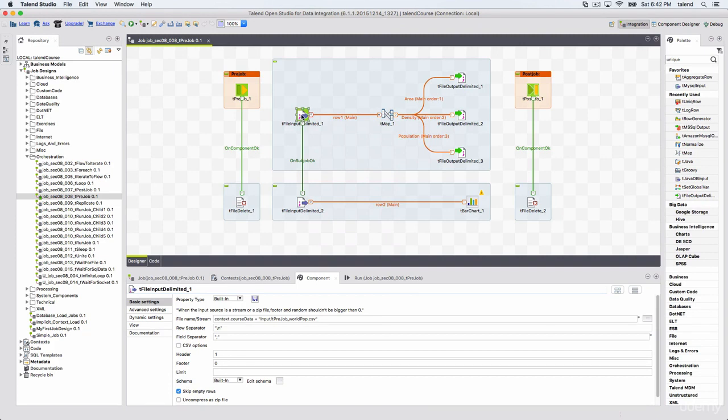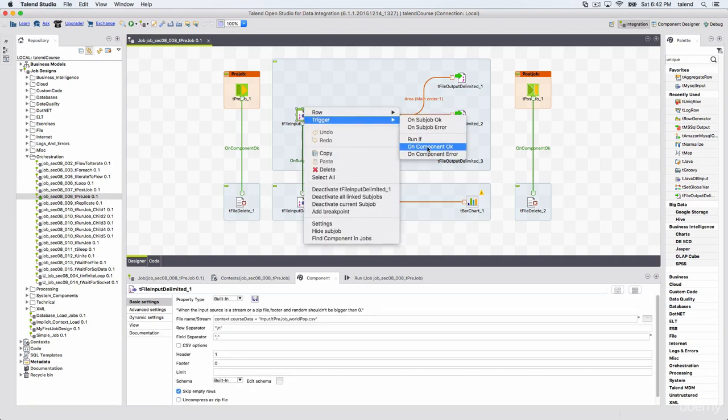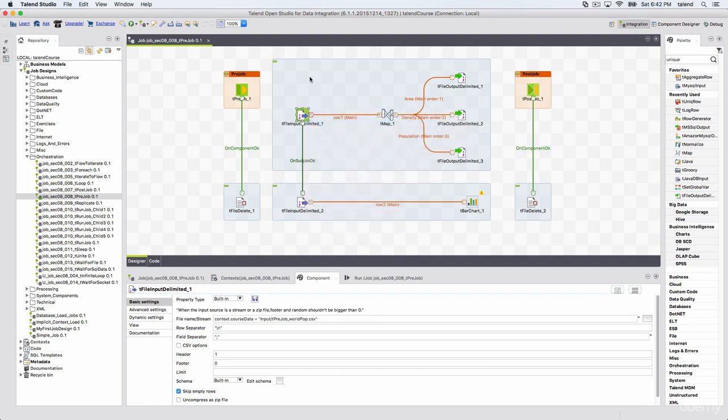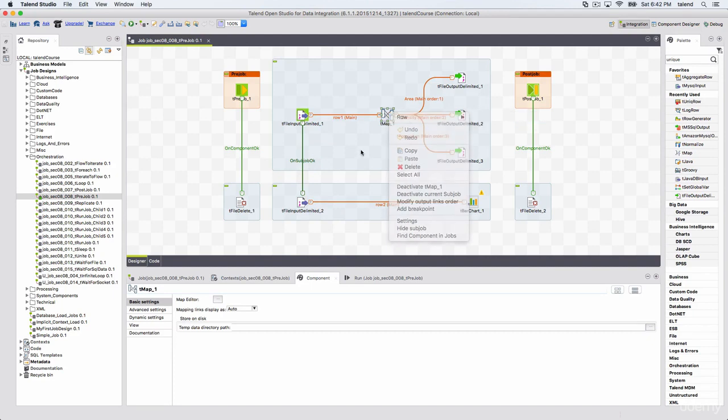Whatever subjob you connected it to will only be triggered when the condition that you mention is satisfied. Then we have component okay and component error. We have subjob okay, subjob error. So what is the difference between these two? Subjob is when the whole job is finished, whereas component okay you can have on any component.